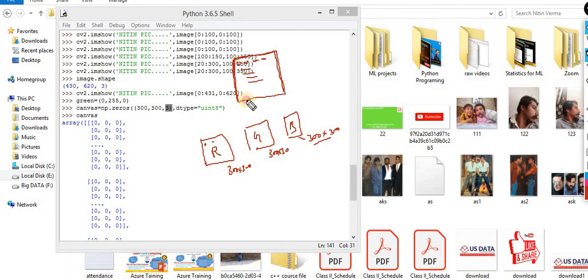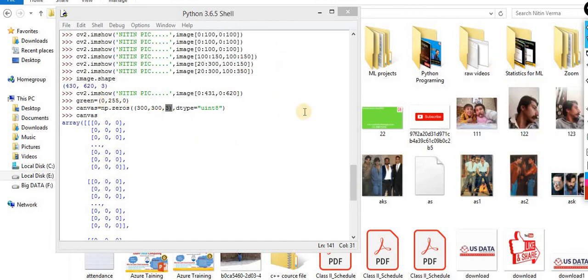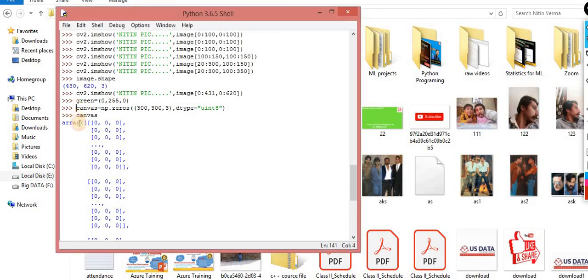So I made a canvas something like this, of 300 rows and 300 columns. After that I took a variable, and in that variable there is a tuple, and that tuple contains the green color. Let me play with it more. So it's my canvas.